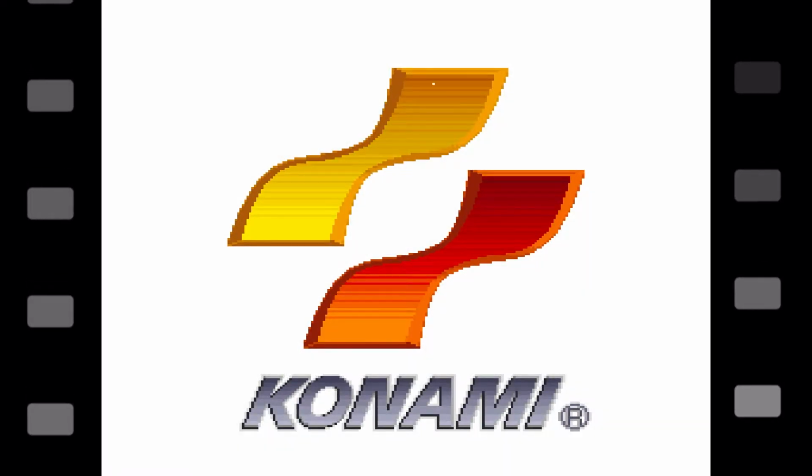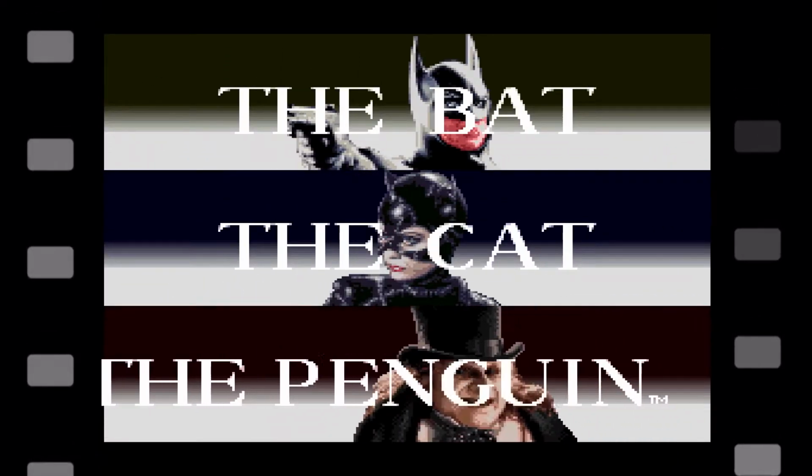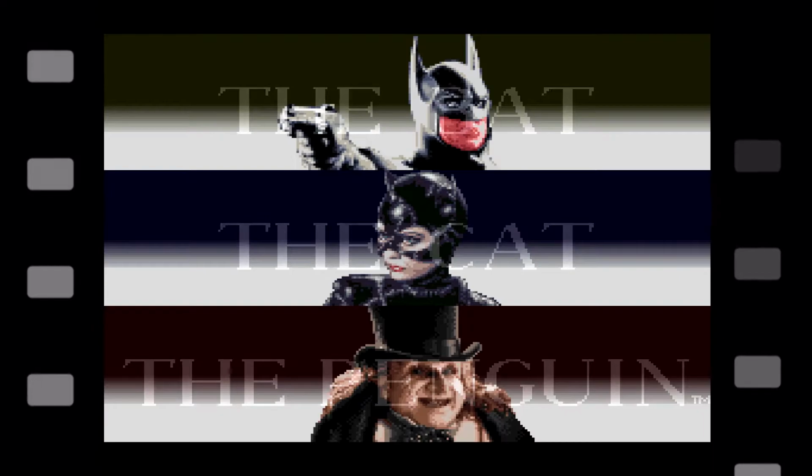The game begins with a stylish take on the Konami logo, setting the tone with snow falling over the iconic bacon strips. The opening cinematic introduces us to the 3 main characters in this story: Penguin, Catwoman, and of course, Batman. The first level, or scene as the title card calls it in a nod to the game's cinematic roots,